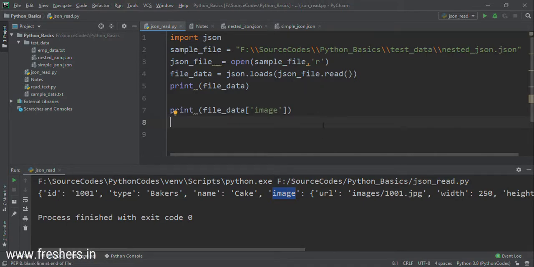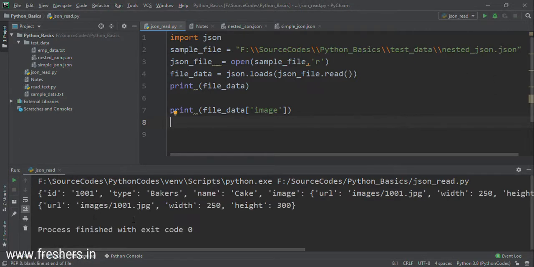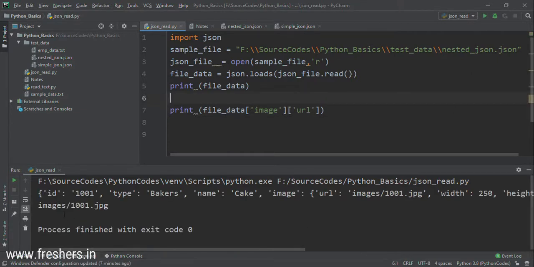Because image is the key and the other thing inside the curly braces is the data value. So if I get image, now if I want to get this URL alone, then I have to put URL inside this. Now you can see that, inside image, then URL. So that way you can get a nested JSON's value.